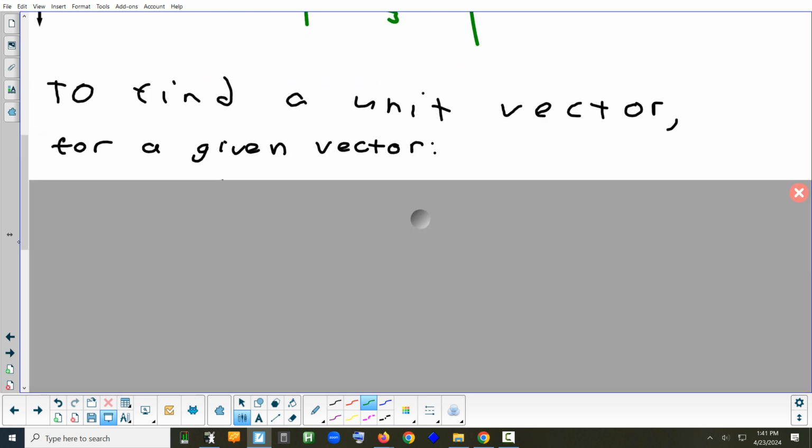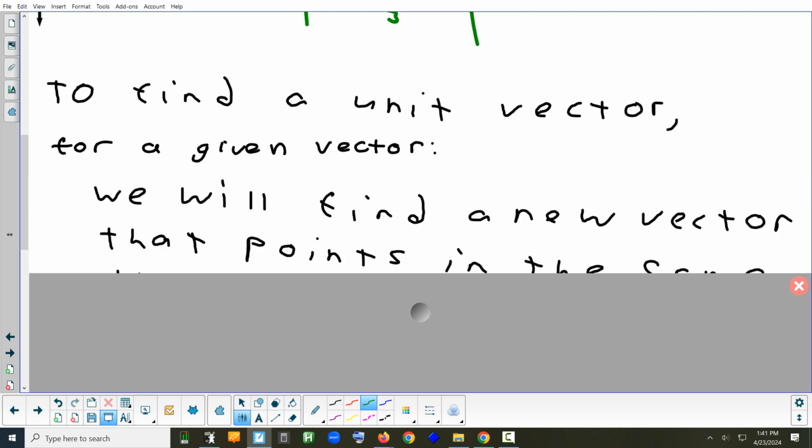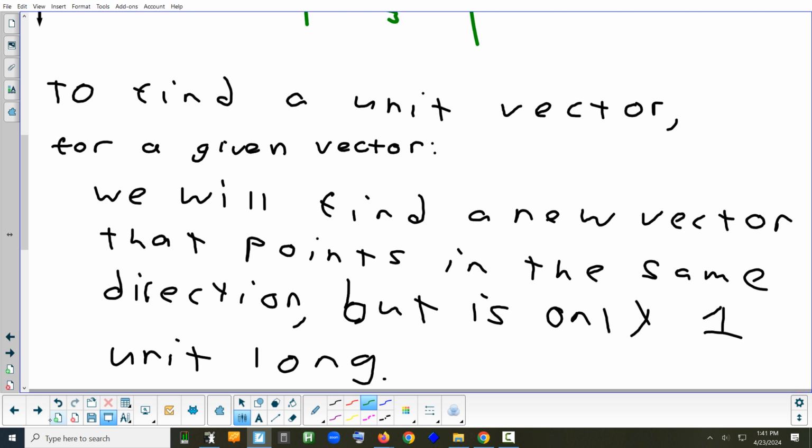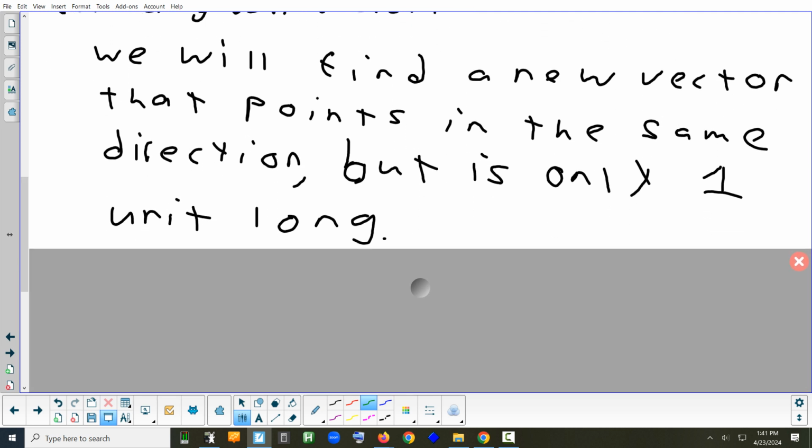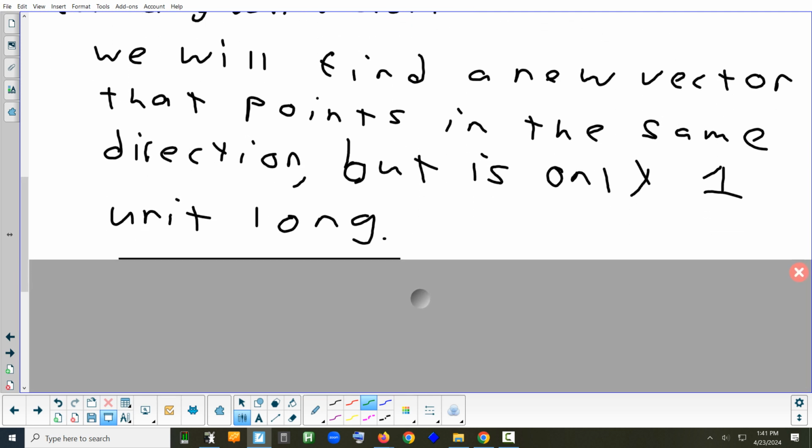All right. So this is going to be to find a unit vector if I give you a random vector. We're finding a new vector. It's going to point the same way, but we're going to make it exactly 1 unit long. We might have to shorten it to 1 unit. We might have to lengthen it to 1 unit. But when we're done, it's going to be 1 unit. So the formula is